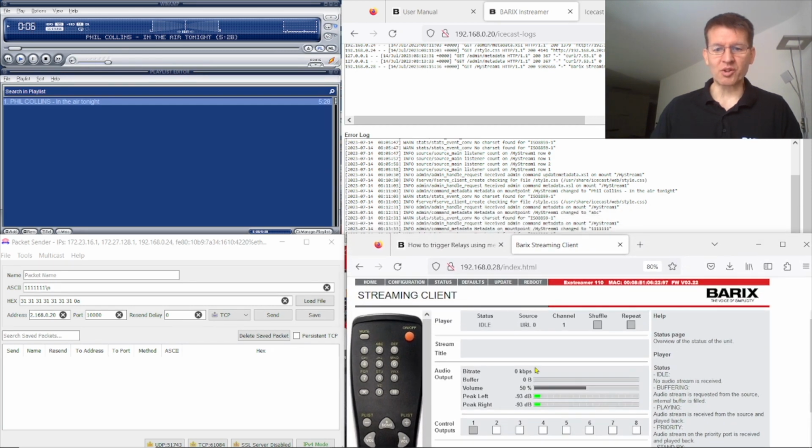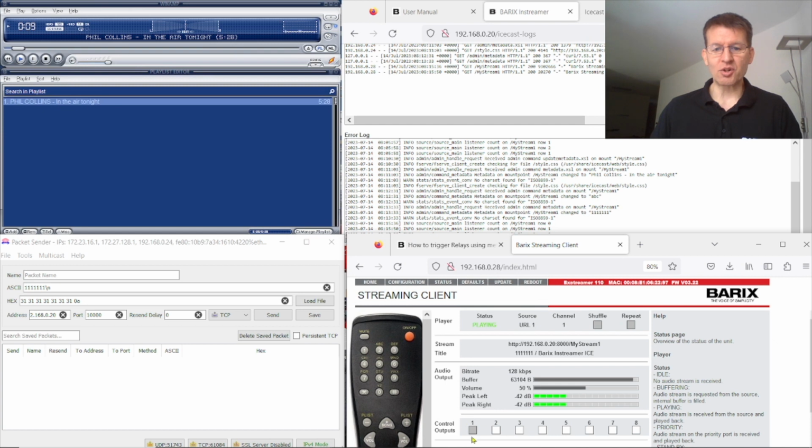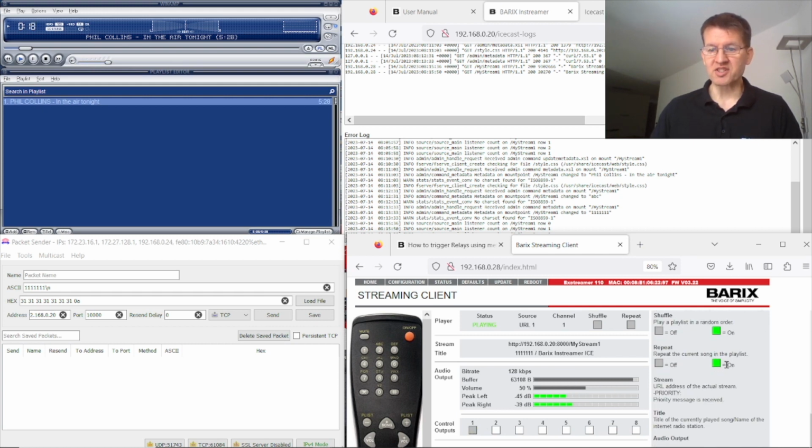So, and now we look here on the relay. That shows the relay state of my XStreamer 110. Gray means it's off, and when it changes to lime, then it's on. So here I paste the string which I have copied from the manual, and I add my 0A at the end, my termination character. And when I send this information now, we should see that in the log file, and we should even see here the relay state changing.